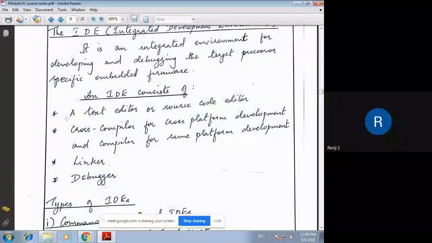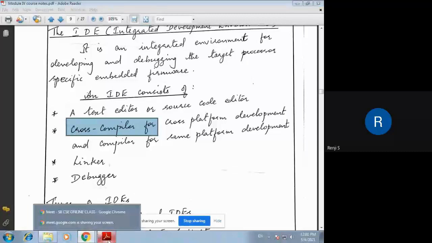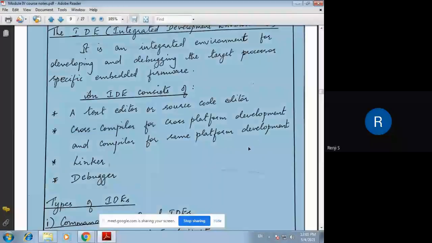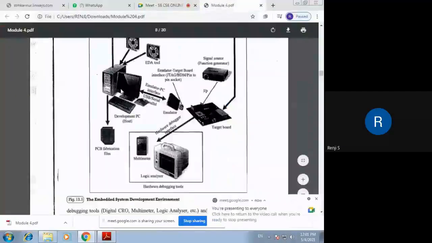Then you need a cross compiler. Earlier we discussed cross compilers, and they are needed because the firmware that you're going to develop is developed on a PC. You're going to write the firmware and debug it on a PC. And once you're debugging your firmware on your PC, you're transferring it into another target board where there is another processor.